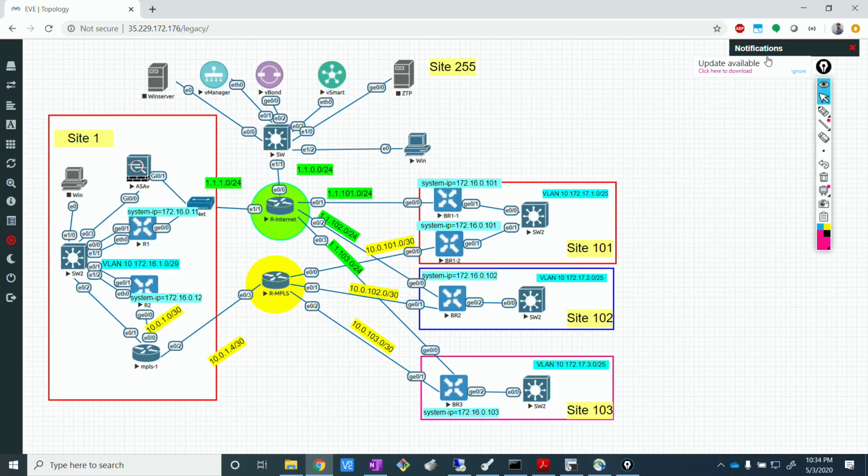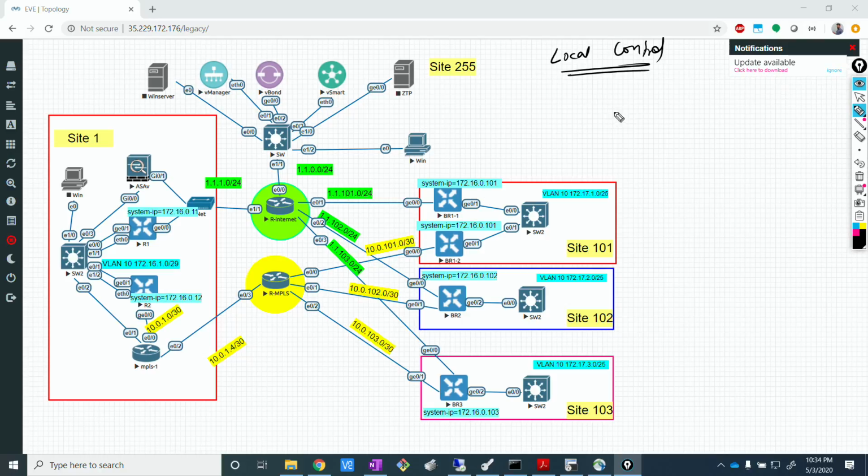So what I'm going to do today is that we want to do some kind of policies, and mainly we're going to be doing two policies. So it's obviously going to be local control policy, right? Because that is the whole title of the video today. But we have a couple of use cases which we want to tackle today, right? And the first use case is,